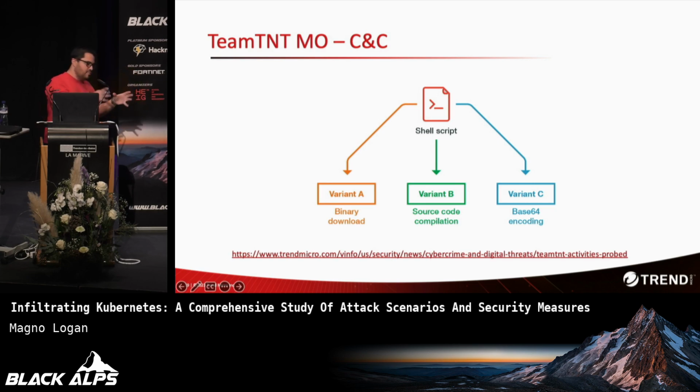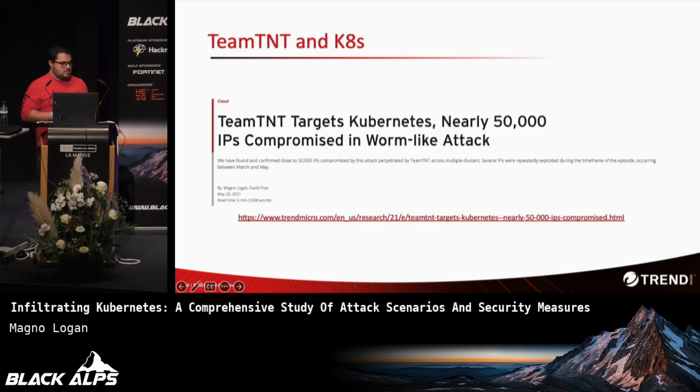So when I talk about a node, it's one machine inside the cluster. It's not the whole cluster itself. This attack is described in an article that I published a few years ago. It's nearly 50,000 because, how do we know this? As we had access to their C2 server, there was basically a text file with a list of IP addresses after it was compromised. And we can see that in the script as well, once we analyze it here.